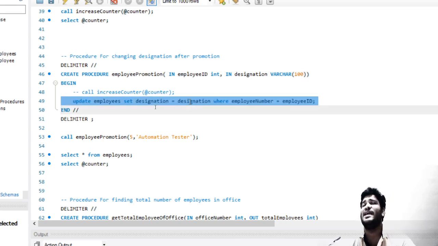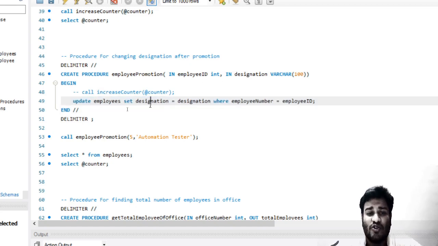We are not computing anything, and we do not want our stored procedure to compute anything and get the results back outside. No, we do not require that. We are just using these parameter values inside the stored procedure for our purpose. Whatever you type in whenever we call it is updated in the employees table.